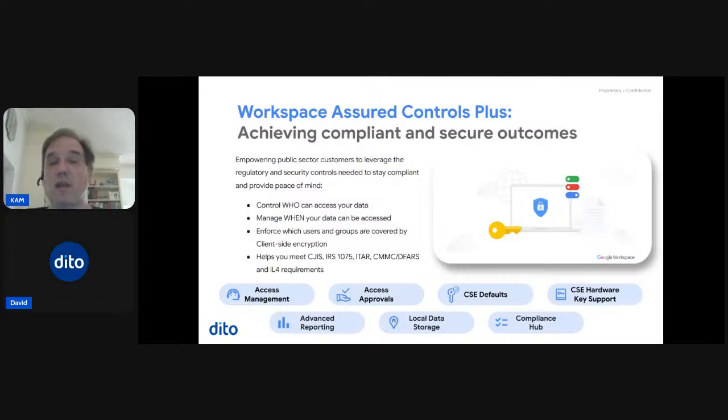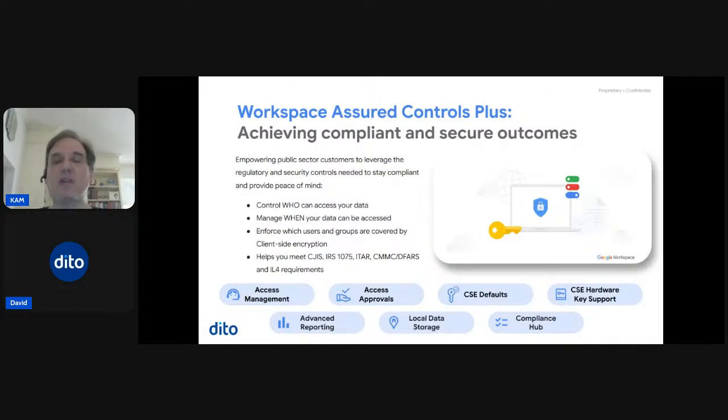One of the things that I like pointing out about Google Workspace versus some of the competitors is that Google didn't sit down and design a different implementation for the government. Instead, what they said is, what do we have to do to lift our entire ecosystem and make it meet various compliance standards? So in this particular case, you don't need to have a special SKU. You don't have to be on a GovCloud. You don't have to have a specific solution. You just have to have the right SKUs,